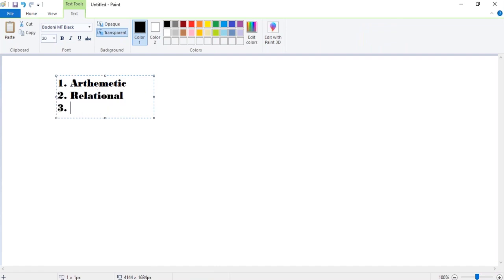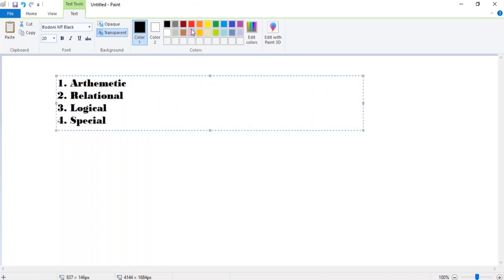So arithmetic operators, and then we will have relational operators, or we can say comparison operators, and logical operators, and then special operators. Each set of operators will have some special meaning.